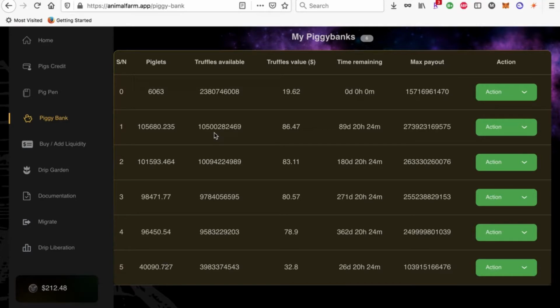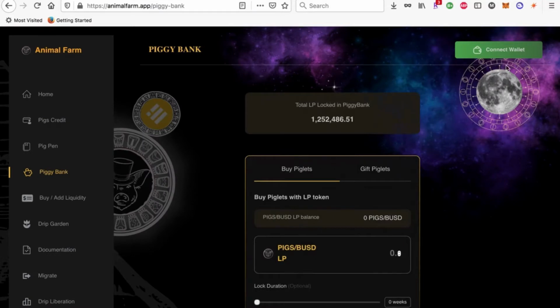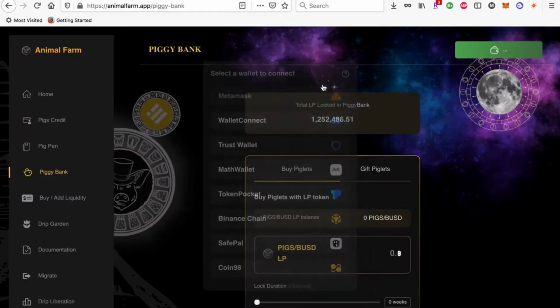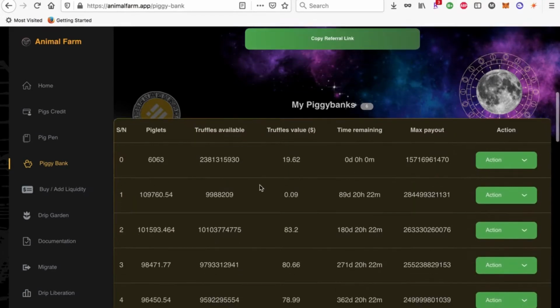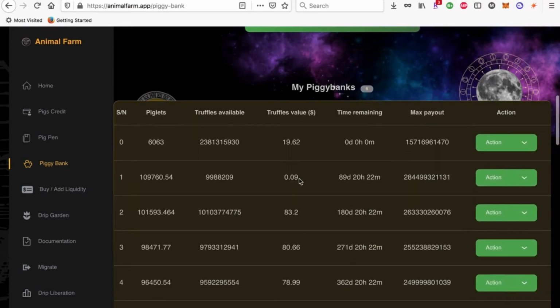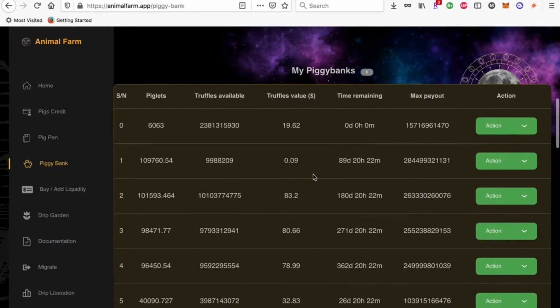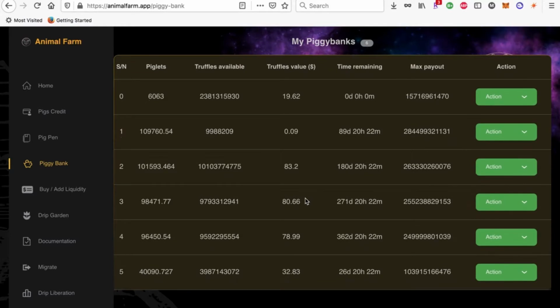I can't wait until dogs come into play as well. But I'm just glad that this is back and we are back to 100%. So we're going to keep letting this thing go. I'm going to refresh this because I want to see those piglets refresh, and this should kick on for us. One thing I would say with Fix is the fact that you have to connect your wallet every single time, but hey, it is what it is. But as you guys can see, this one has compounded. It increased my piglets amount here. We're almost at 110K, which I think we were at 105. So definitely doing work there, and I'm going to keep compounding these things,